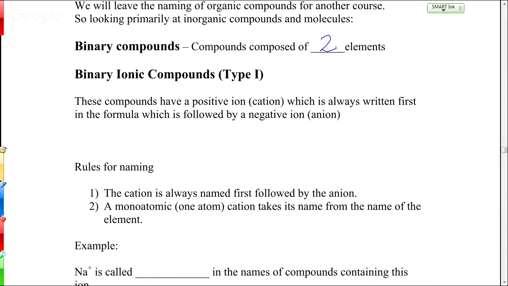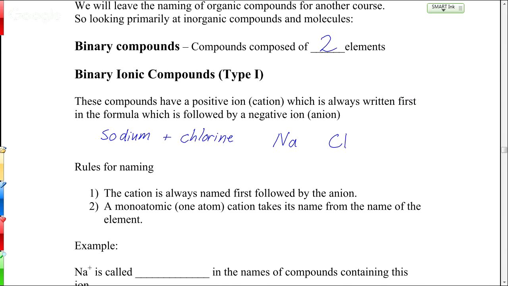So let's try a simple one. Let's say we want to come up with a compound between sodium and chlorine. And we'll talk about why it's not chlorine in a minute. So that's going to be Na